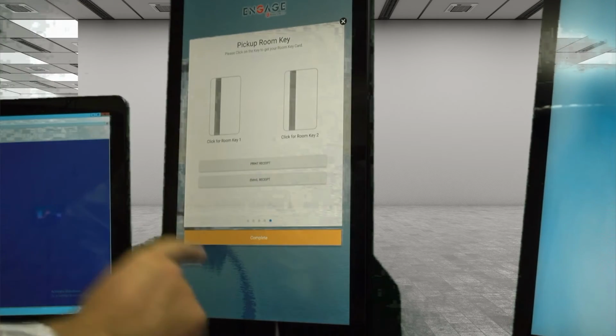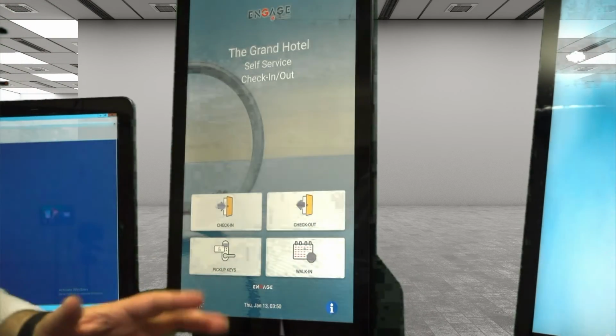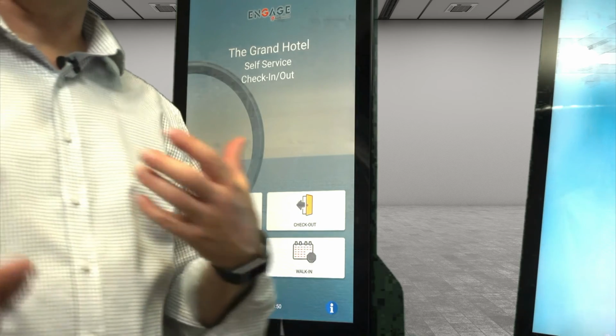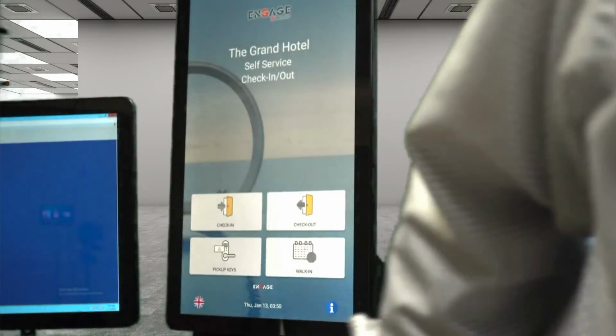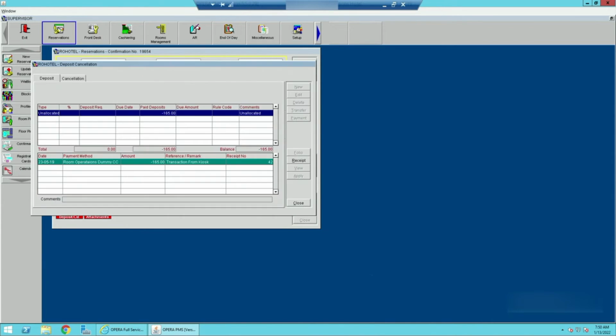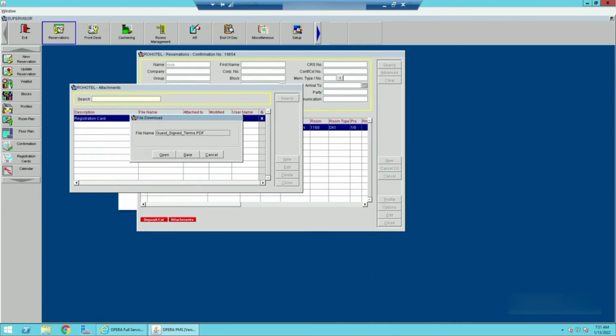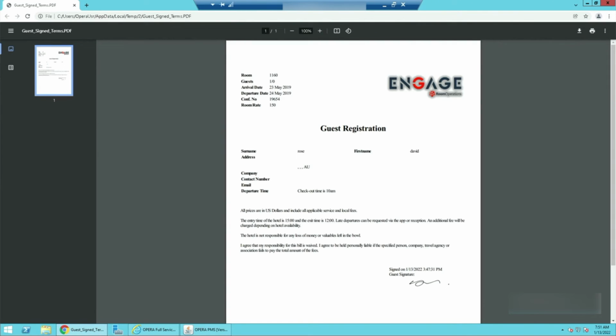Now let's switch over. Once this is completed, they've already checked in, they've got the keys. Now I'm going to switch over to the Opera PMS to show you what has happened in Opera. Now, as I showed you previously, the guest reservation details. If we just click on search, it has been checked in. If we click on the deposit, as you can see, the transaction has been completed with the transaction number. Now, if I click on attachments, it will open up the attachments for me, and the registration card is inside